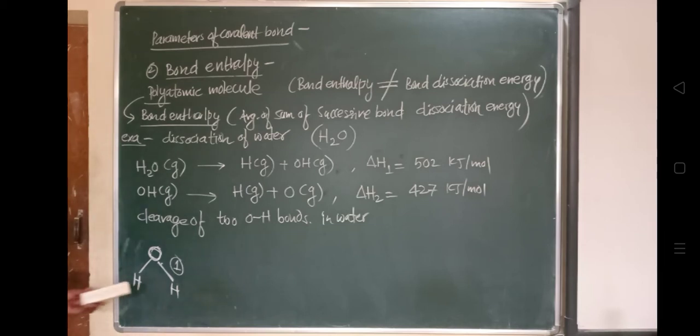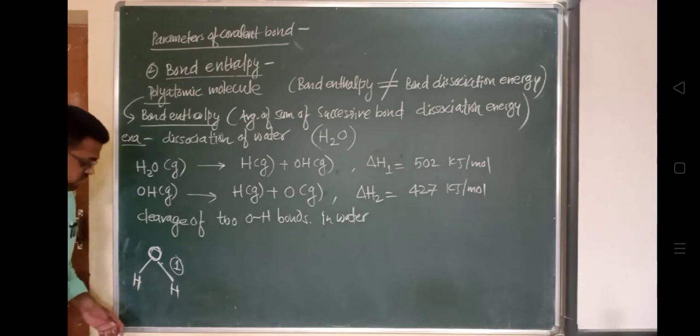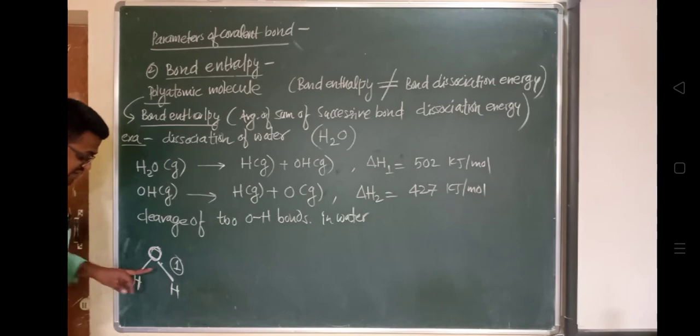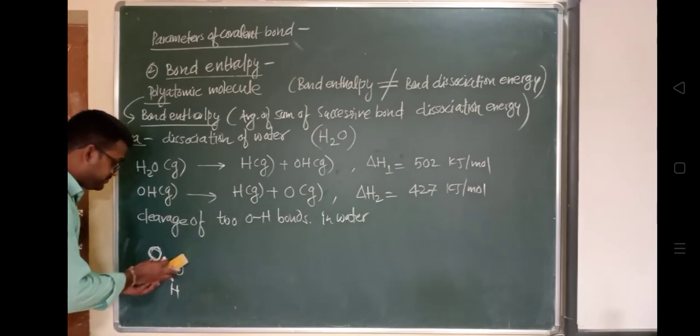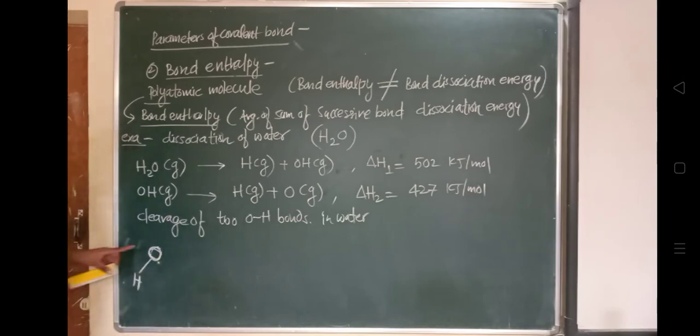When the second bond between this oxygen and hydrogen is breaking, at this condition, check the environment present around this oxygen atom, and check its previous environment, and you will see the difference. This causes the change in successive bond dissociation energy. The same difference is observed in the enthalpy values of the OH bond.